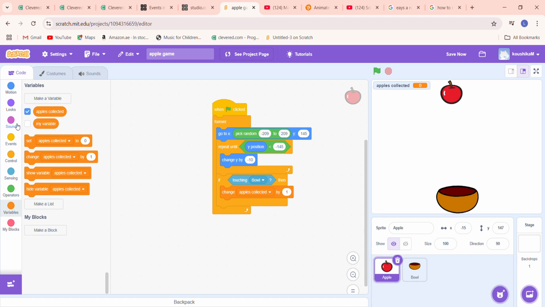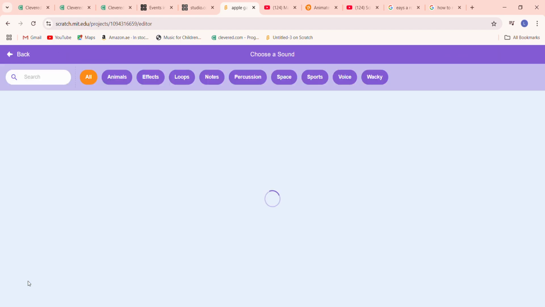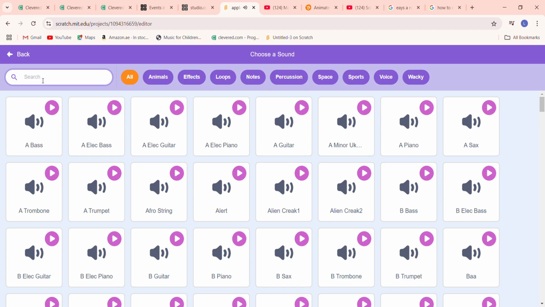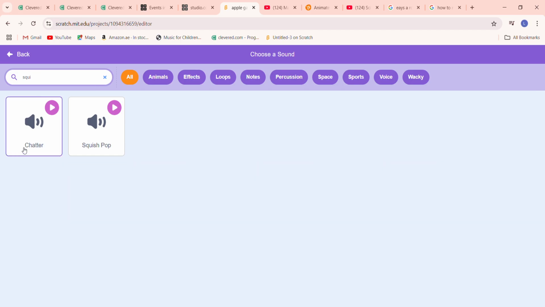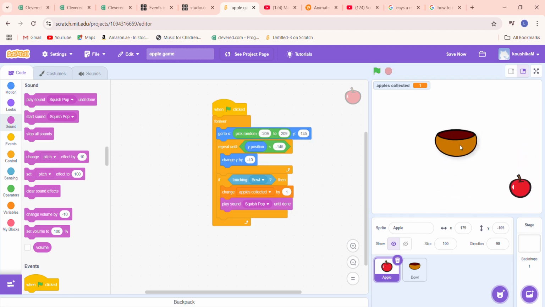For fun, we can add sound. You can change the sound, like you go to sound and click on the speaker and you can choose squish pop. Okay, we'll take this, start sound squish pop, and so see. Okay, so now I'm keeping the ball in the middle. Okay, so it's falling inside, but